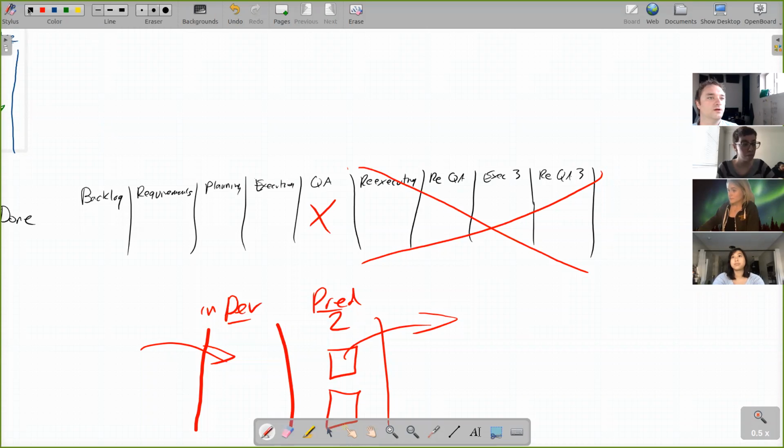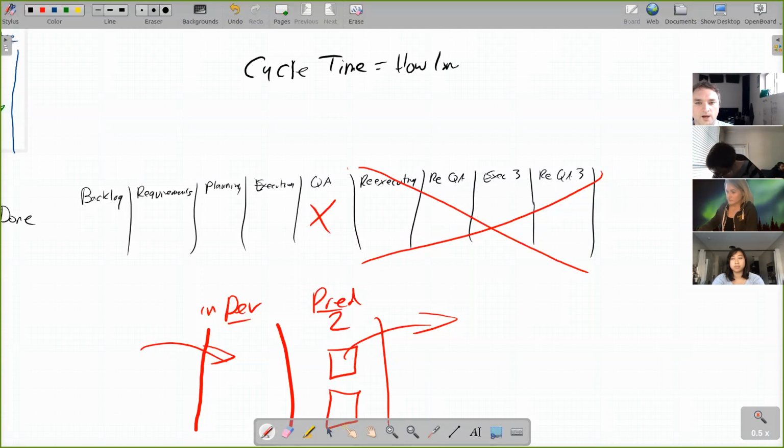So cycle time is how long it takes to go through the system in time.